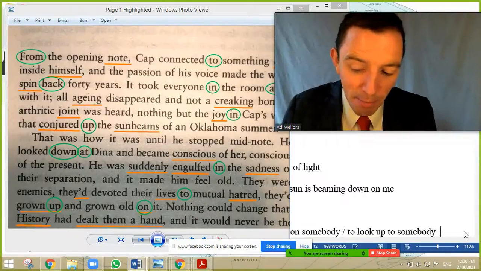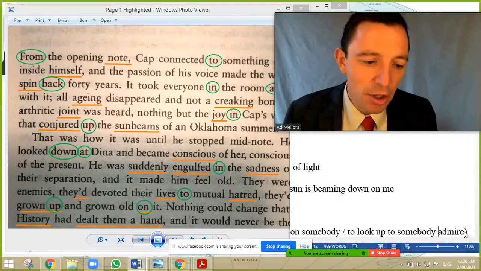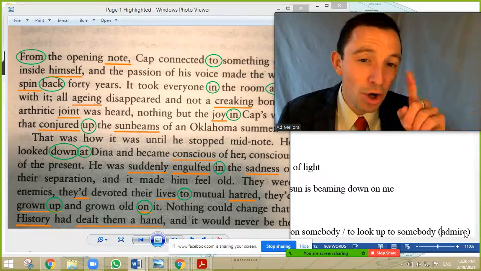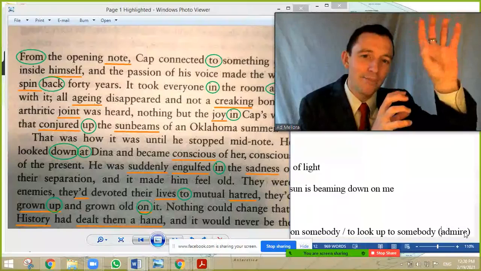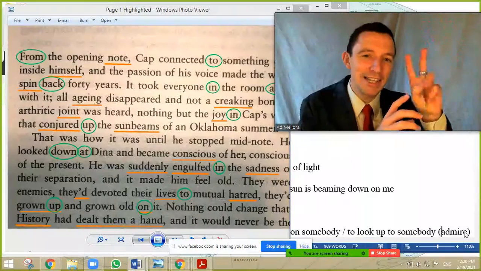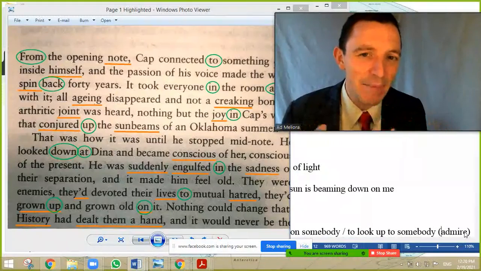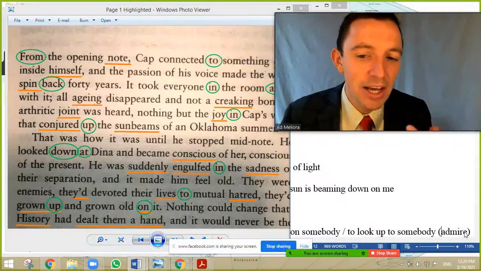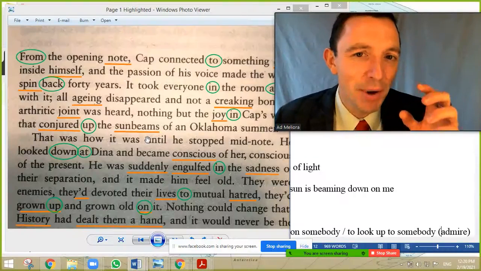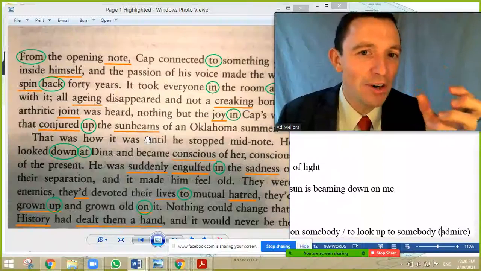Okay? But the other possibility is to look up to somebody, and this is positive and very, very good. So if you admire your manager, you admire your boss, you admire your colleague, you look up to your colleague, so you admire. So that's positive. To look up to somebody is literal, but the second significance is to admire, and to look down on somebody is negative and maybe more critical and more arrogant. So very, very important. But here it's literal, and again the importance of the preposition, look down at. So very good example of the importance of prepositions.